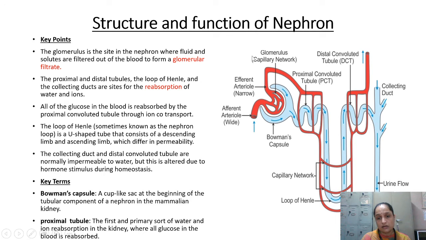Then this afferent arteriole is going to pour that blood into the glomerulus, and the walls of the glomerular capillaries are very thin, and they are not able to tolerate that much high pressure. Now what is going to happen is that it will feel some pressure, and because of that pressure some fluid-like substance is going to ooze out, that is, come out. Then this fluid is going to be filled inside the Bowman capsule, and slowly it will percolate down into the proximal convoluted tubule.